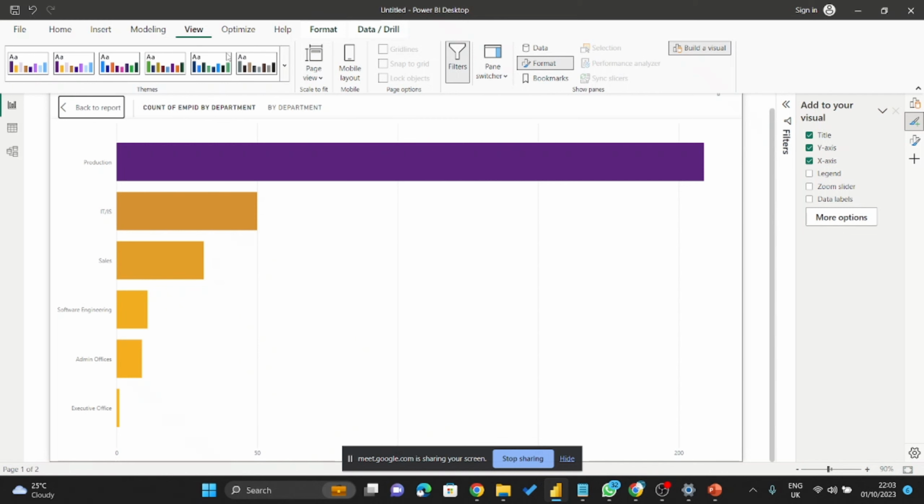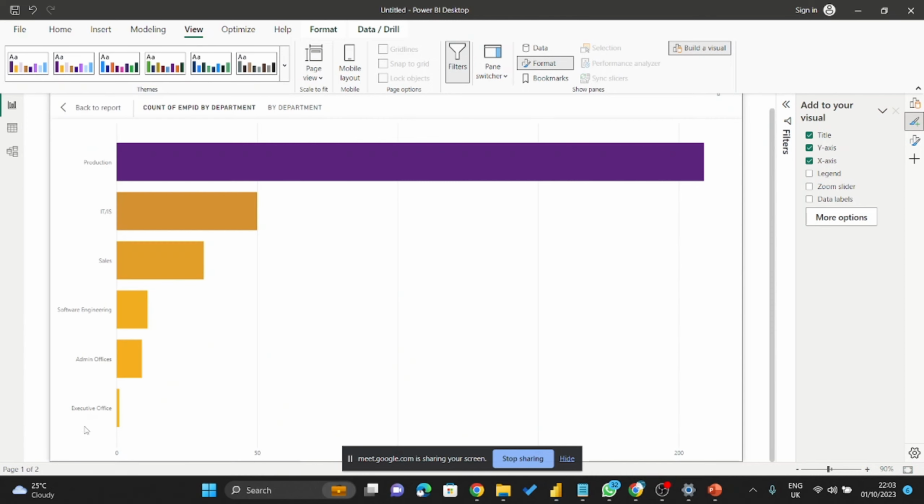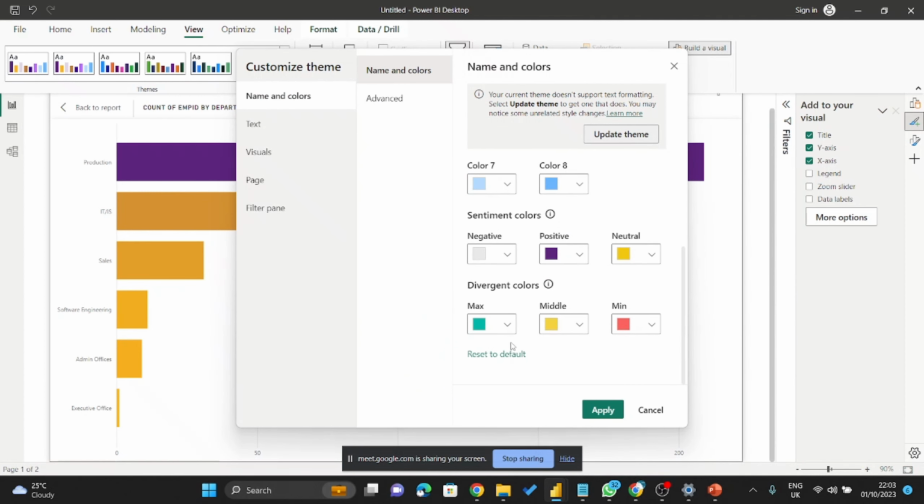So if you understand what I just said so far, let's go back to customize theme. You realize that divergent colors, which we changed from yellow to purple, were from green to red. Sorry, from red to green. Minimum value had red, maximum value had green. Why was that? It was because from the theme, the default divergent value is supposed to blend from minimum value of red to maximum value of yellow. So it means that